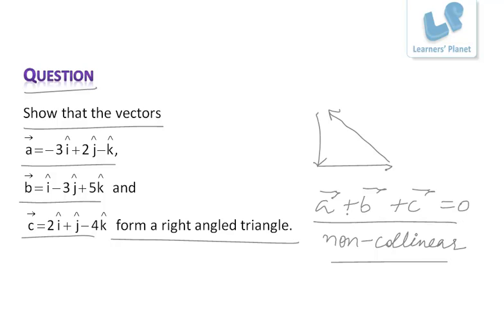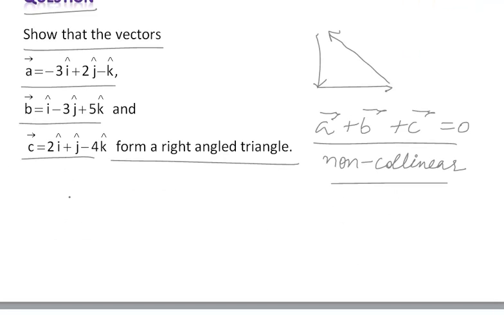Another is this aspect. Now if two vectors are parallel to each other, let's say vector A and vector B are parallel, then vector A can be written as some scalar multiplication of vector B. Now in these cases, no pair of vectors will follow this condition. That means all three are non-collinear. Okay, I'll give you an example. Let us say